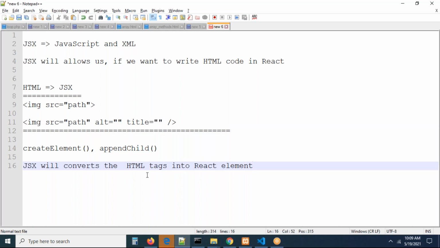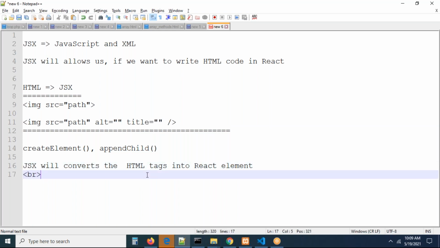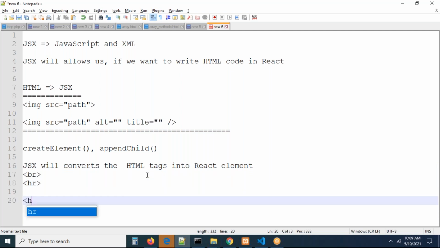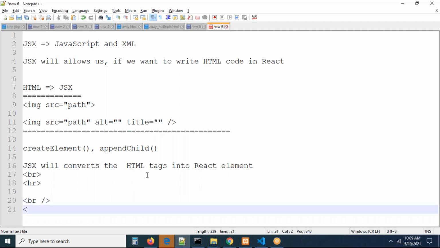In HTML, you have the break tag. Just write it and it will work for you. You can write the HR tag and it will work. But whether HR or BR, in React it definitely should have a closing tag. While practicing, try without the closing tag. It doesn't work and may give you an error, so you have to be very careful at this point, guys. This is very important, you have to check this.